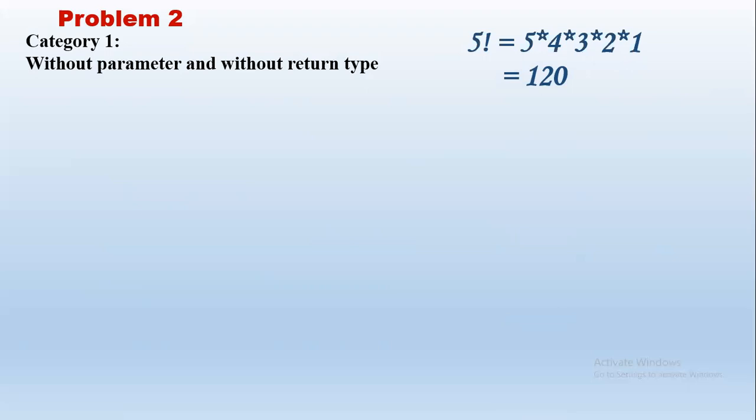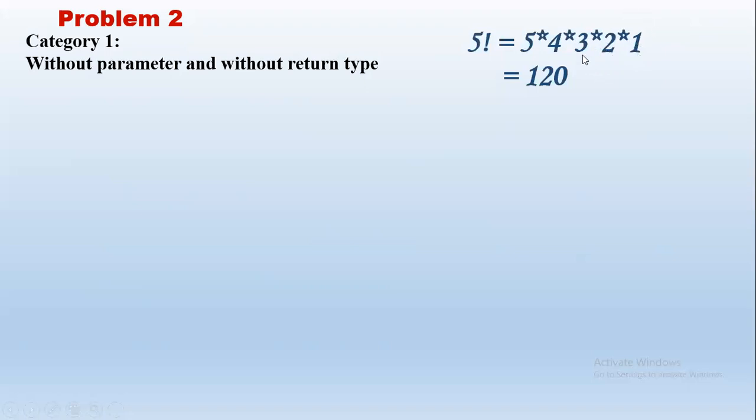Now if we have to trace this, we can implement it by decrementing these values or incrementing these values. So both ways it is possible. We may start multiplying 1 into 2 into 3 into 4 into 5, or 5 into 4 into 3 into 2 into 1. Both give us the result as 120. In this example, we are going to increment. That is, we are going to start from 1, not from 5.